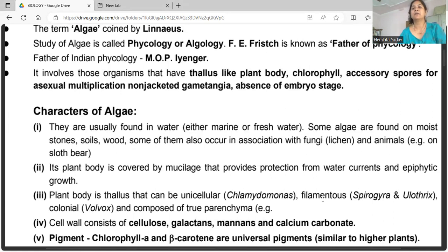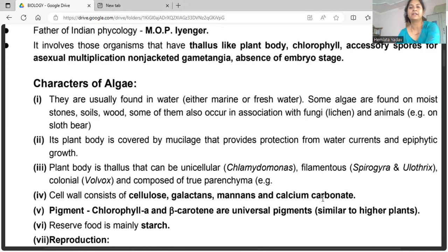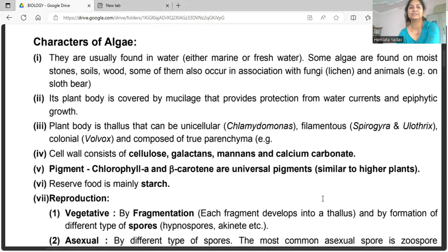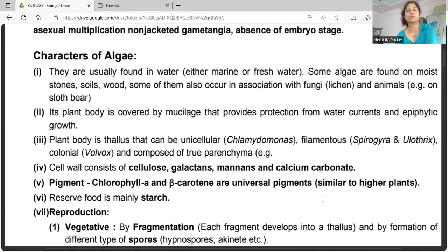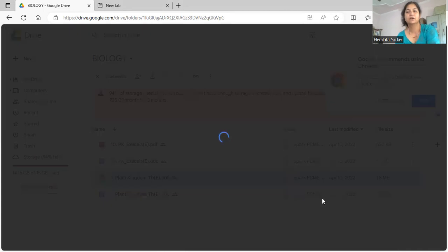So thallus-like plant body is there, chlorophyll is there, accessory pigments, and asexual multiplication, non-jacketed gametangia, absence of embryo stage is there. Characteristics of algae is given. They are usually found in the water, either marine or fresh water. Some algae are